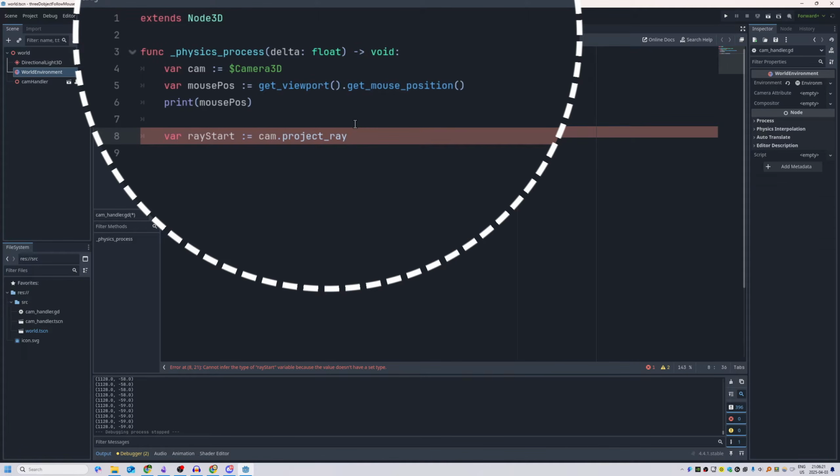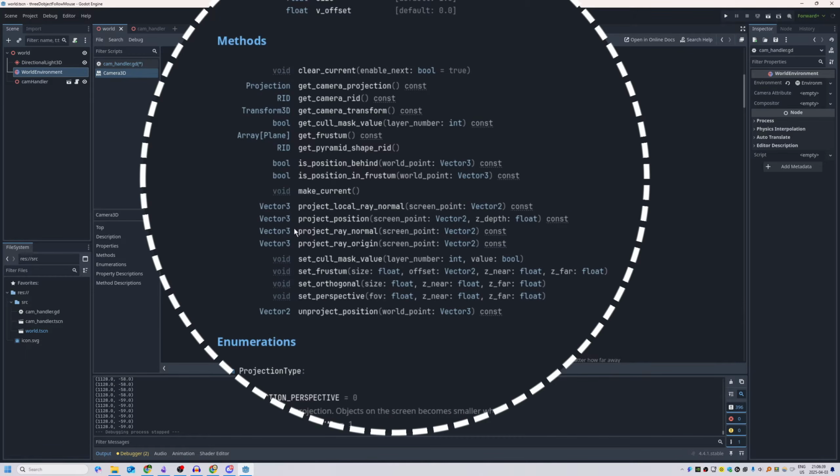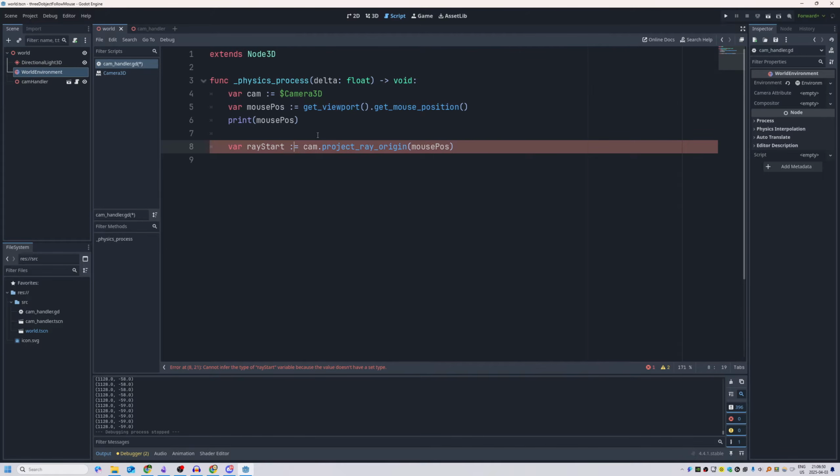Project ray origin is a built-in function in Camera3D, and I'm just going to do it from the mouse position. In the documentation for Camera3D, if I scroll down, I have project_ray_normal and project_ray_origin. We're going to need both of them, but right now all I need is ray origin. You can see it takes in a Vector2, so where our mouse is, and it gives me back a Vector3. So I'm going to set the type over here for static typing to Vector3,